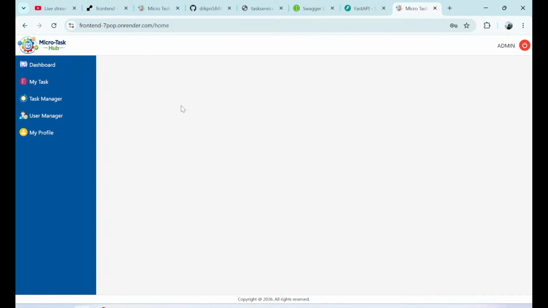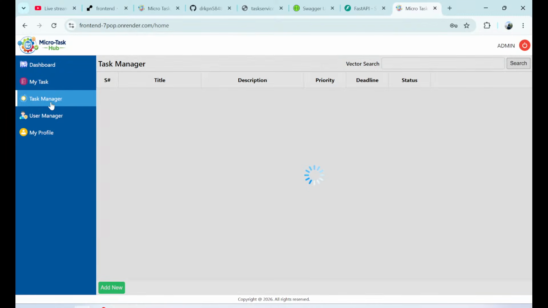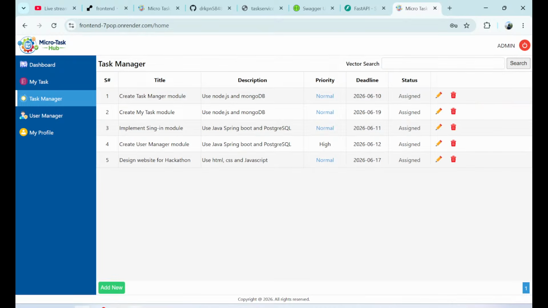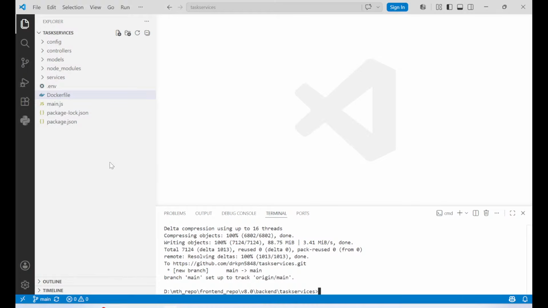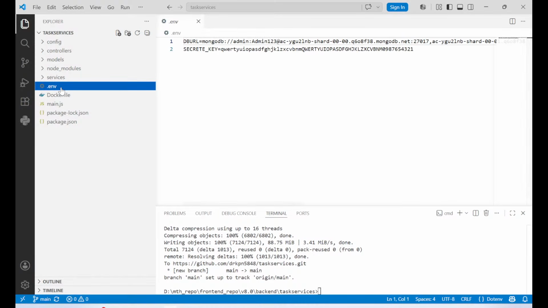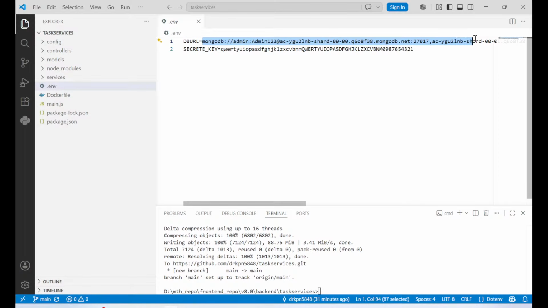So in this session, we learned how to deploy front-end and back-end services into the cloud using Render as a platform. And also we learned how to configure a PostgreSQL database on the Render platform. For MongoDB, no configuration is required, because MongoDB is already available on the cloud. Also, while deploying the task service, inside .env, don't forget to replace your MongoDB URL. This is the